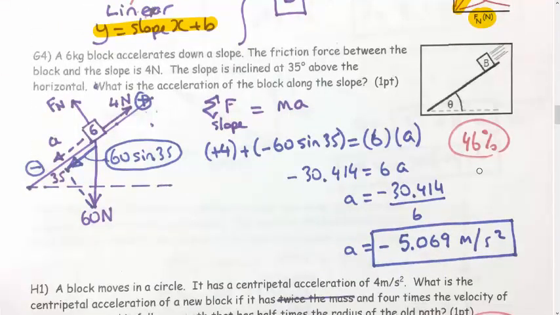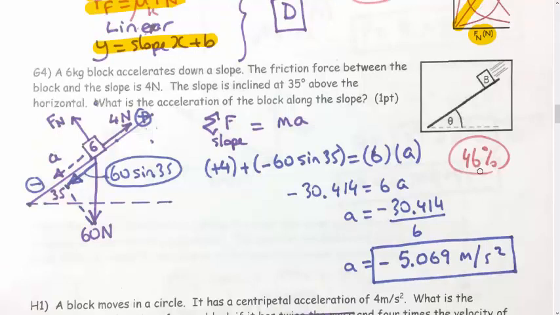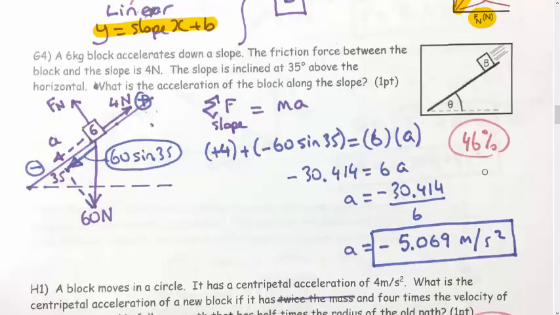Next question. A 6 kilogram block accelerates down a slope. The friction force between the block and the slope is 4 newtons. The slope is inclined at 35 degrees above the horizontal. What is the acceleration of the block along the slope? Again, I have to begin with a good diagram. Frankly, on tests, I don't make much effort to give you a good diagram. I want to see if you can draw a diagram, so the diagrams that I draw tend to be schematic rather than anything else. So I draw my slope,